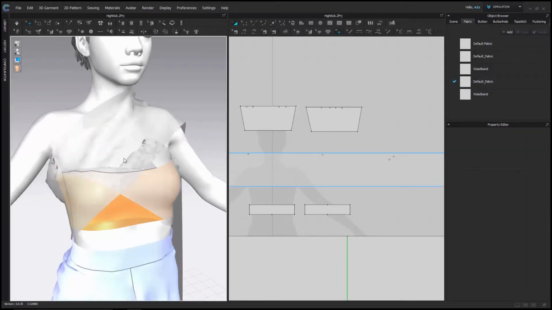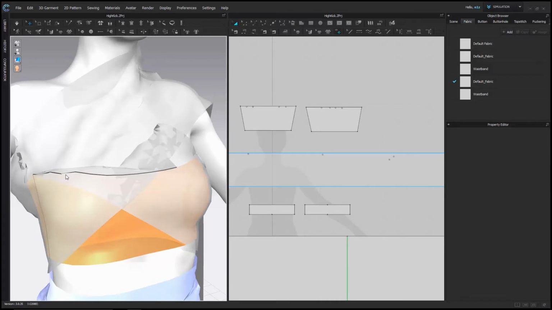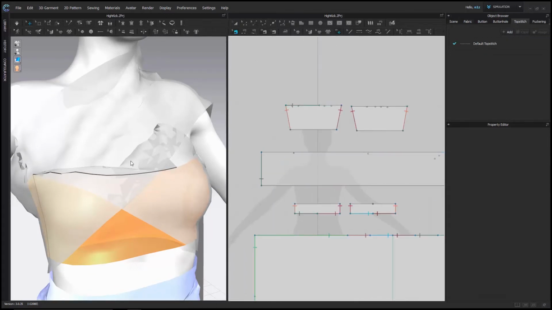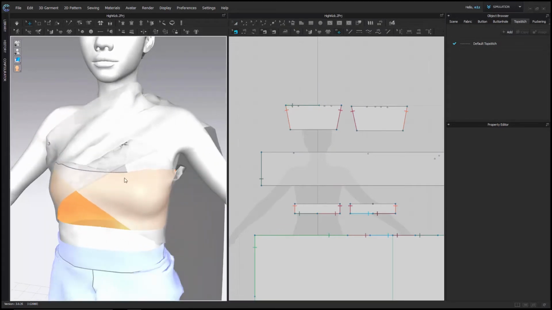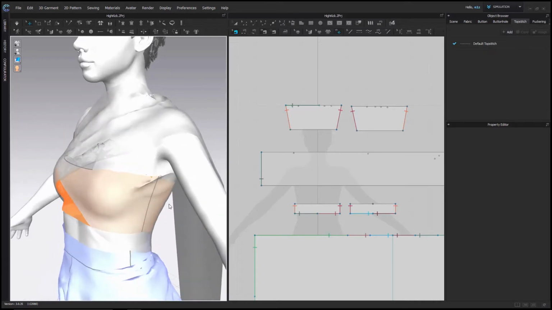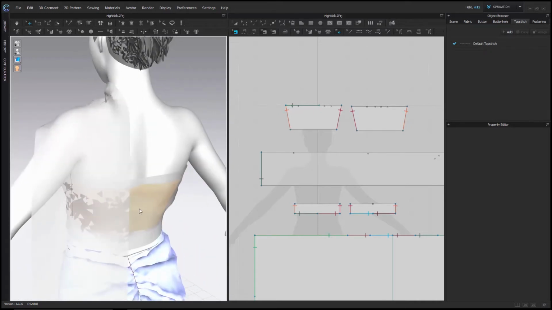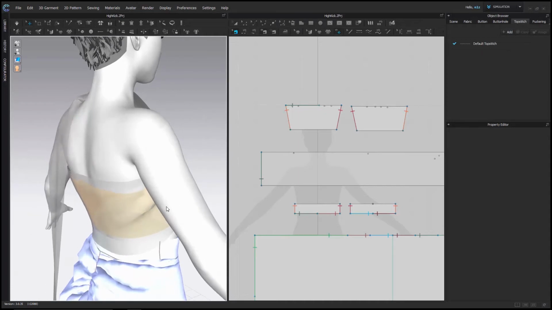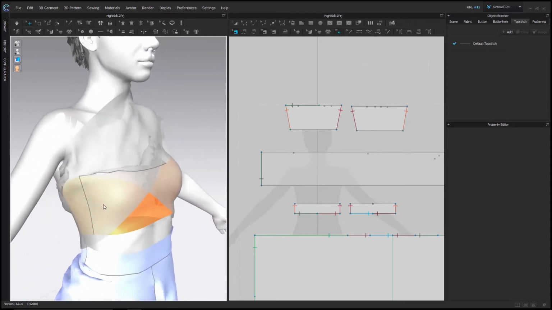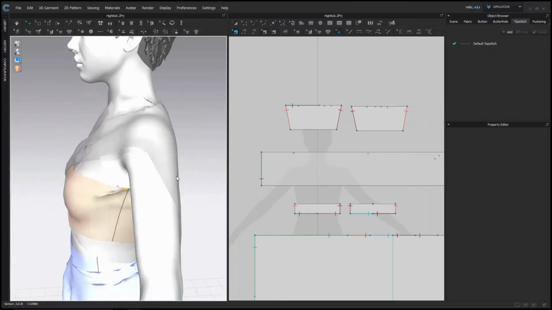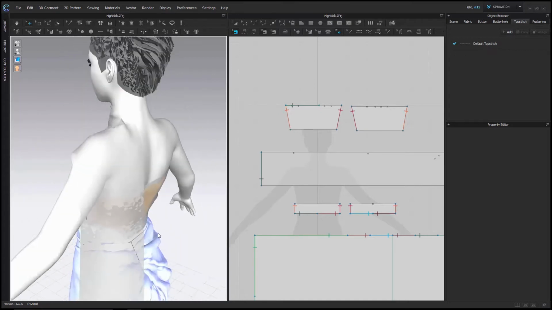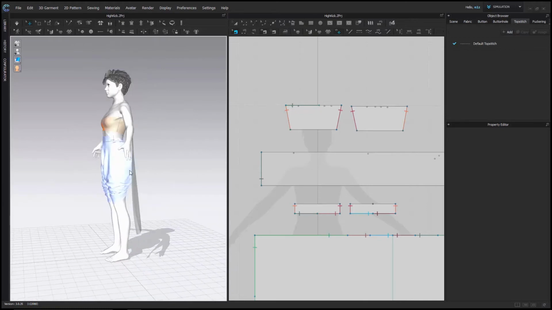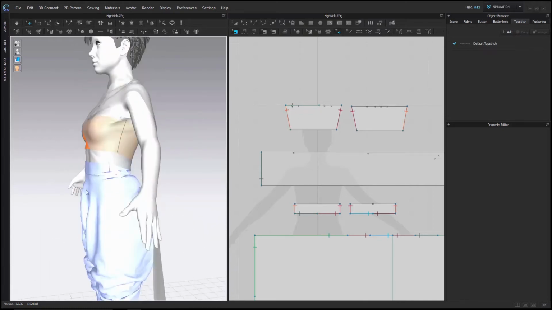Okay, so this particular piece of fabric, it's hard to see. It starts along the top edge of the bodice here. It's stitched right along here. It's folded down over the front of the chest, front of the bandeau, wraps around the left side of the character's body, all the way around her back, back around the right side of her body, up across her chest, and over her left shoulder. It then drapes down the back of her left shoulder and hangs down to her calf.